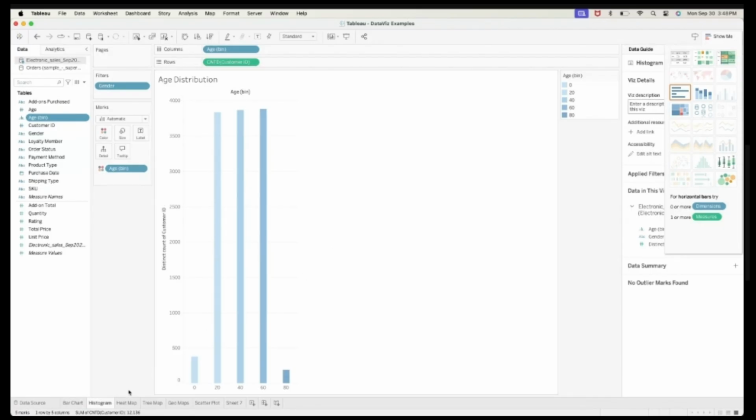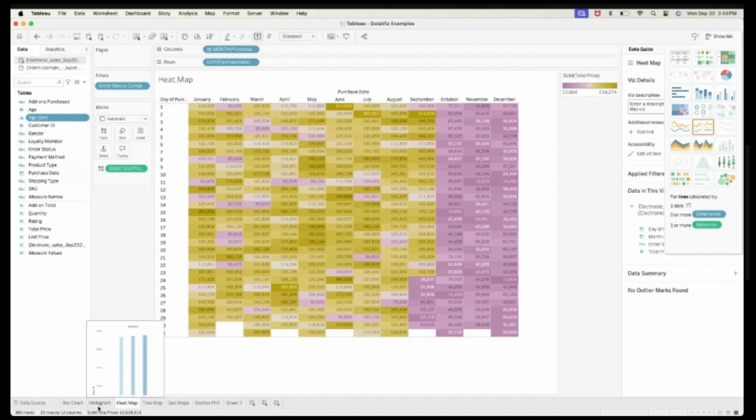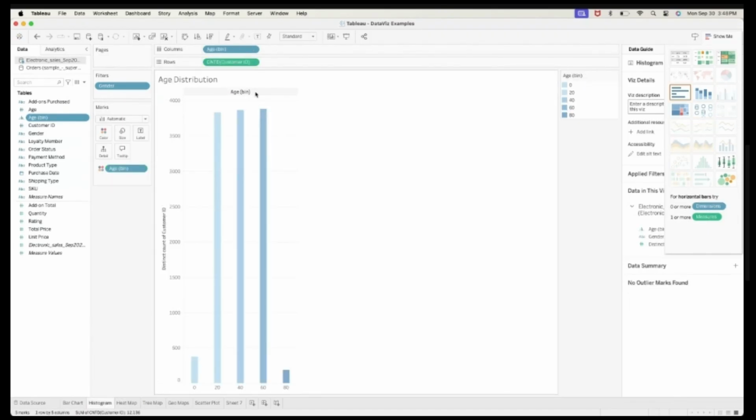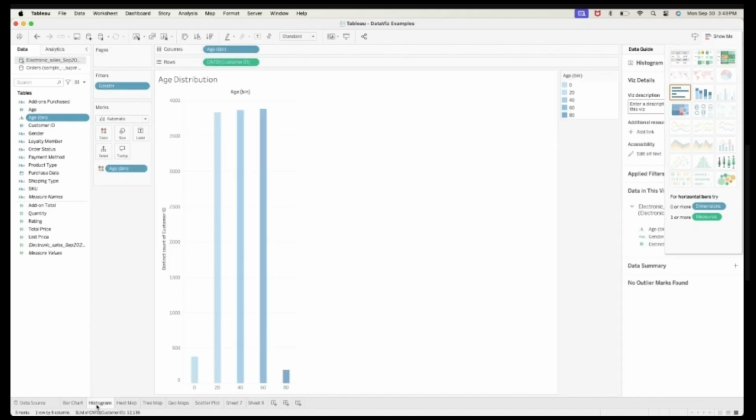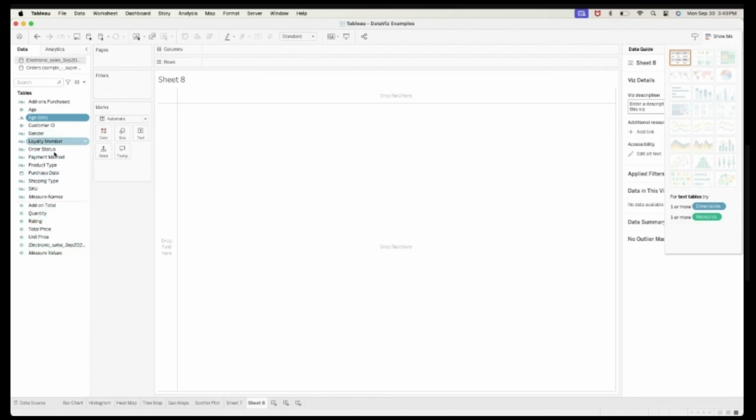That's for the histogram. How about the heat map? Okay, again, you make use of age distribution. You make use of a histogram if you want to show the distribution, how well distributed your metric is. Okay, let's try to do that. Let's have an example. If you want to do the histogram, first let's create the bin. I-replicate lang natin, so that masundan ninyo on your own if you're doing it sa NVIDIA.